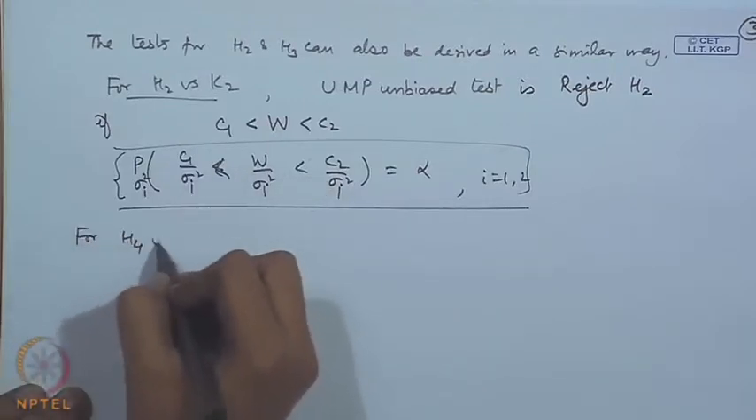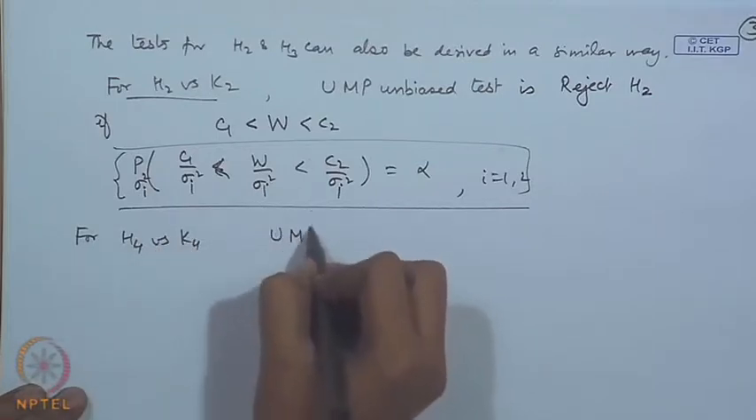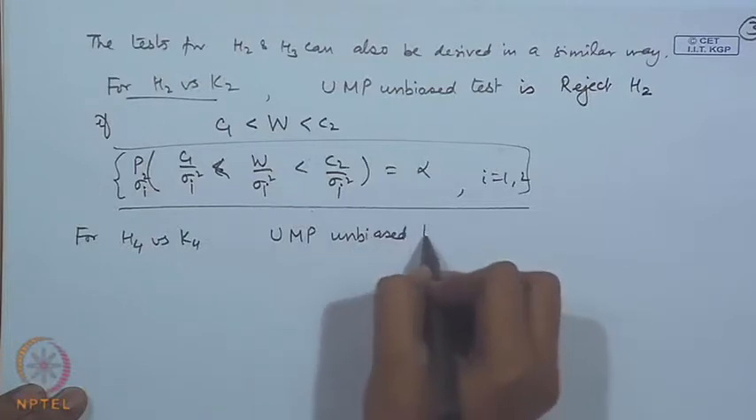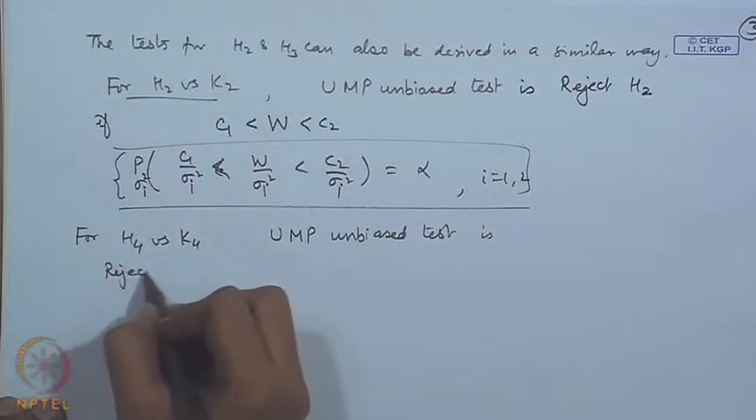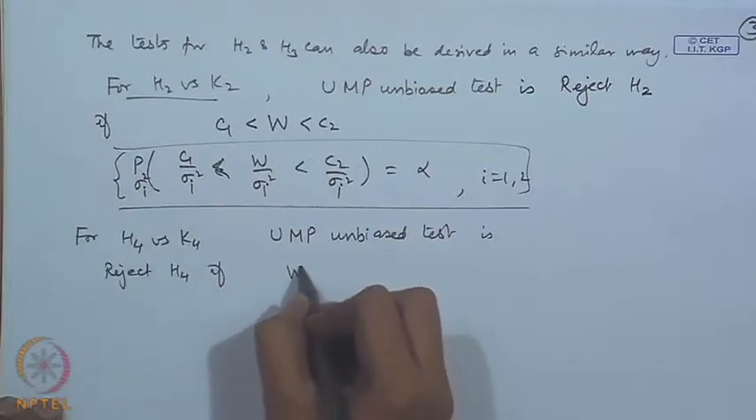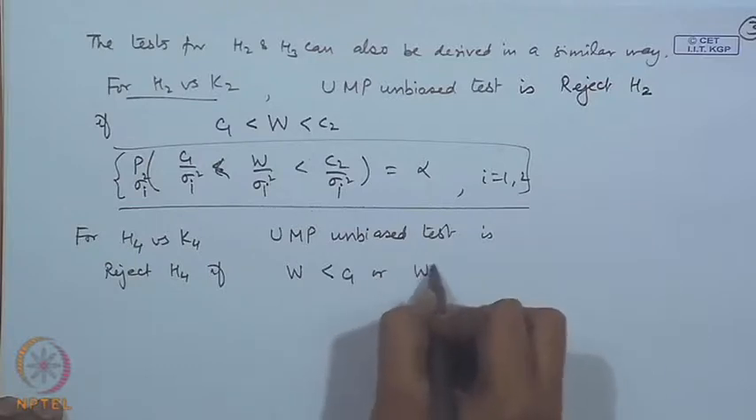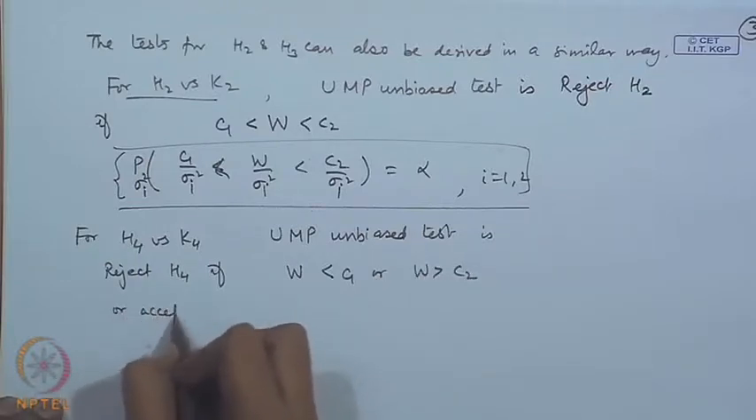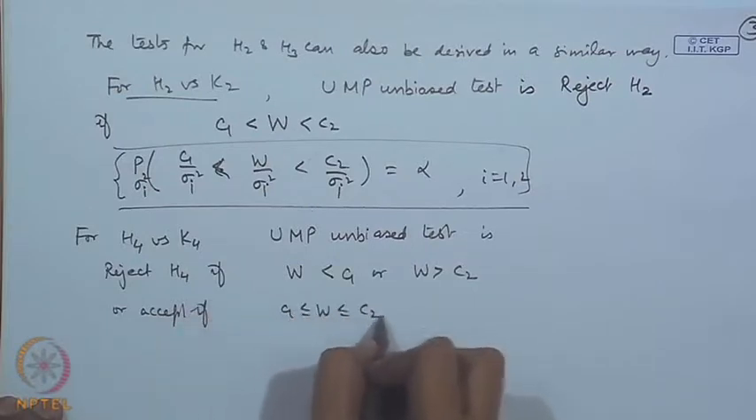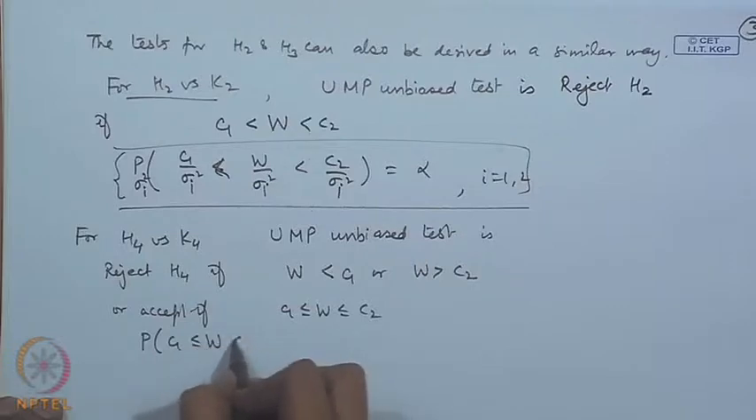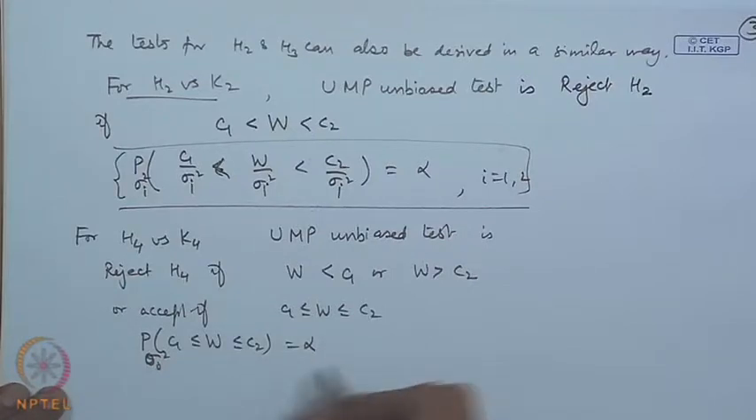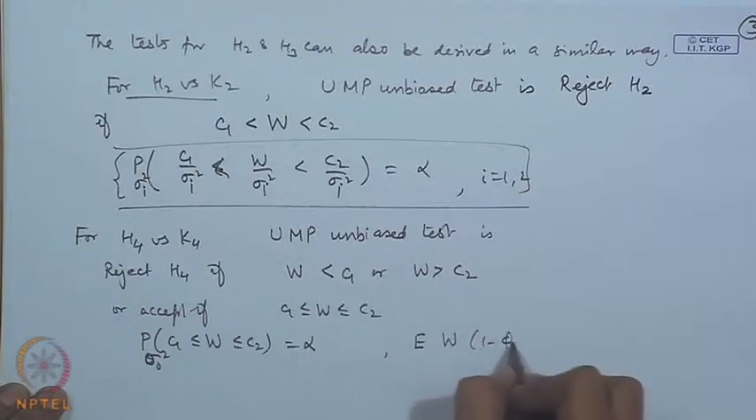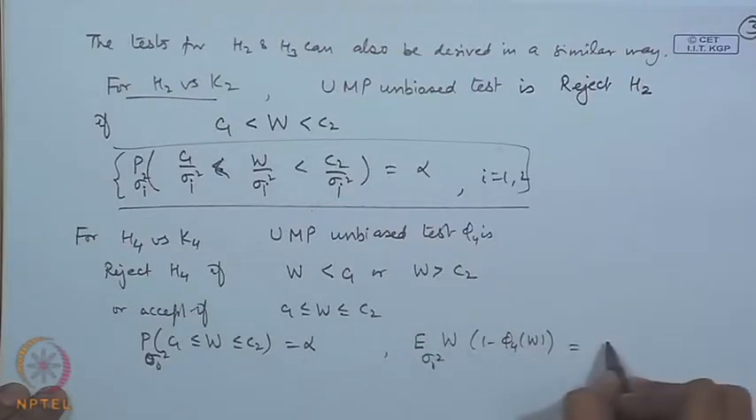For H 4 versus K 4 problem, now here UMP unbiased test is reject H 4 if W is less than C 1 or W is greater than C 2, or accept if C 1 is less than or equal to W less than or equal to C 2. You will have probability of C 1 less than or equal to W less than or equal to C 2 at sigma naught square is equal to alpha, and there will be another condition, that is expectation of W times phi 4 W at sigma naught square is equal to 1 minus alpha